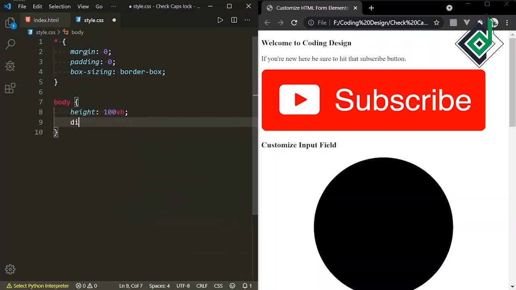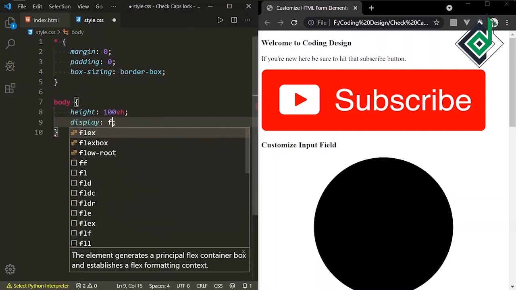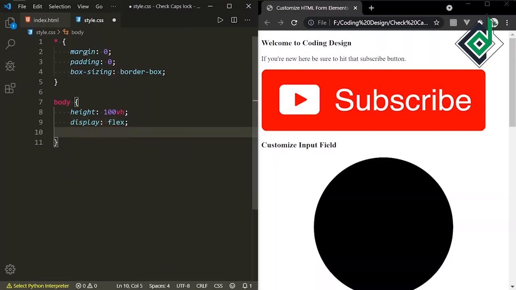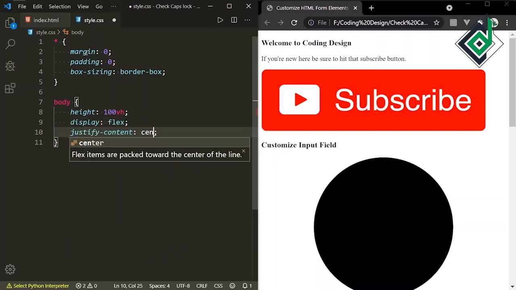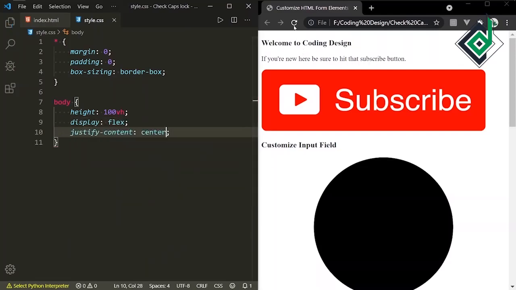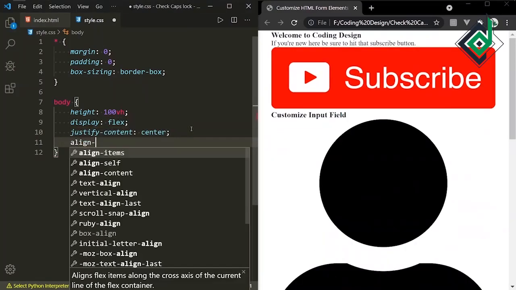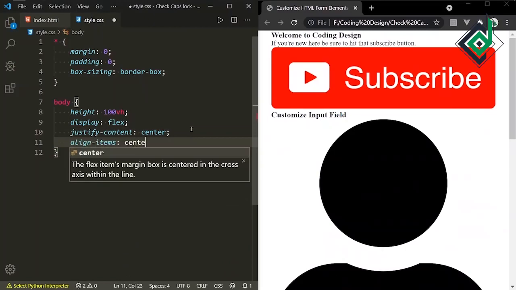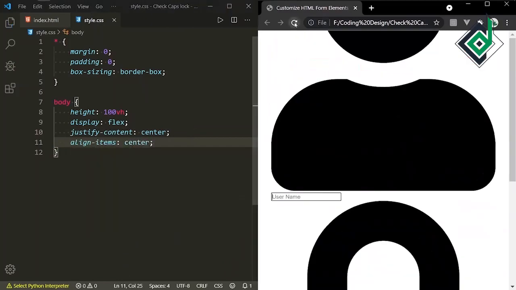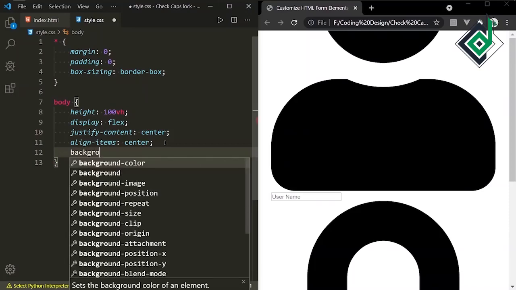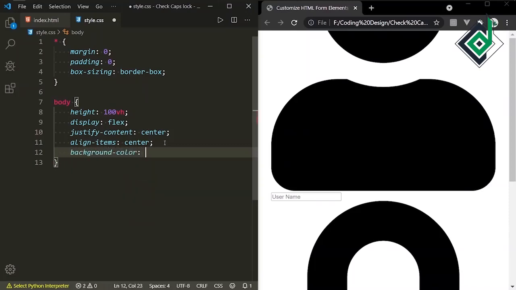So display flex, justify content center. So if I refresh the browser, you can see some difference. Align items to center. So now let's set its background color to, I'm setting some transparent color.